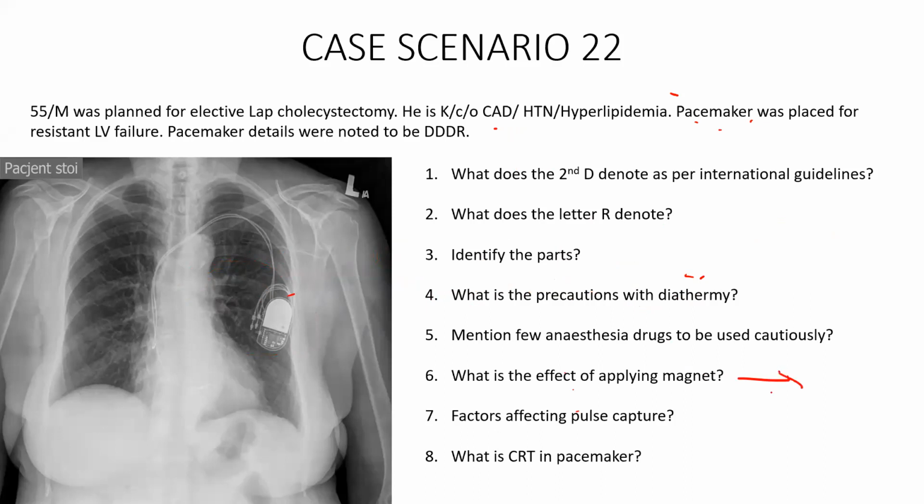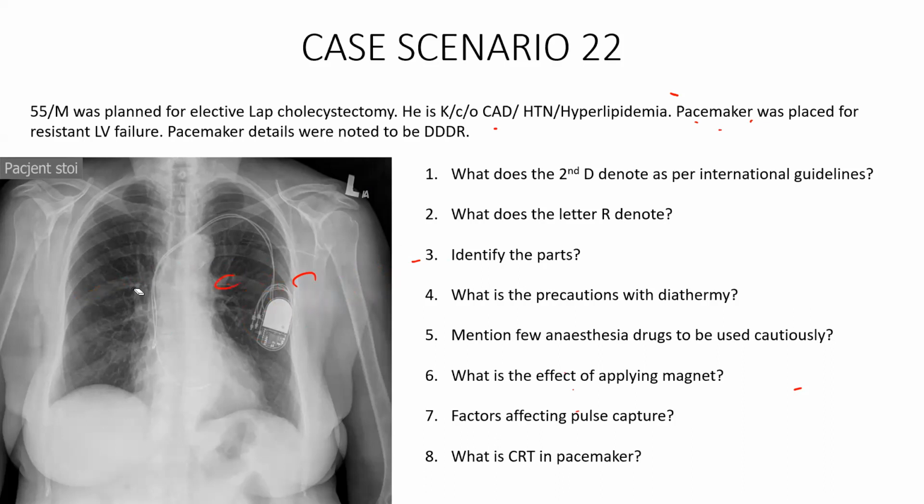So what is the purpose of applying it? When the patient is coming for an emergency surgery, some patients will have an implantable cardioverter defibrillator, which means when it finds a tachyarrhythmia, it will deliver a shock. That is a feature of the cardioverter defibrillator. So when you are using diathermy at this stage, this electrical potential will be sensed by the pulse generator as a tachyarrhythmia. Unnecessarily, the patient will receive a shock.